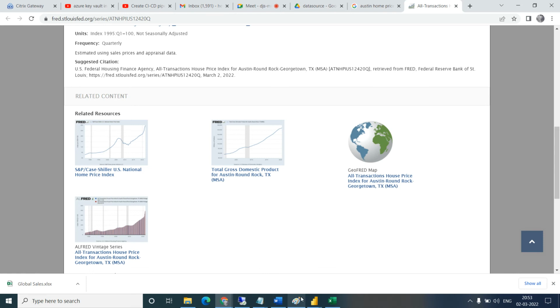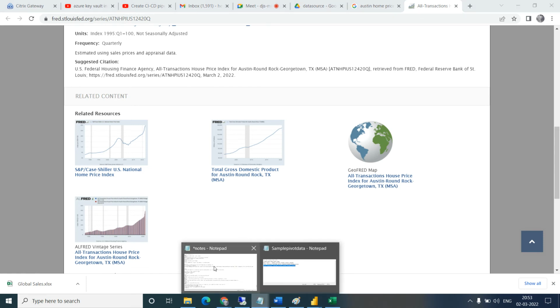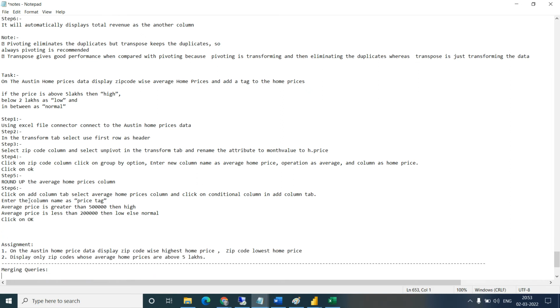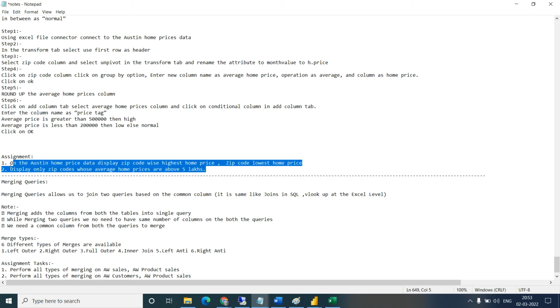I don't think I have this sample, so let's see the other example. That example was for how we do the transpose and pivoting. There is an assignment, but I will check whether I have the Austin home price data. Everyone understood how to use pivoting, unpivoting and transpose?